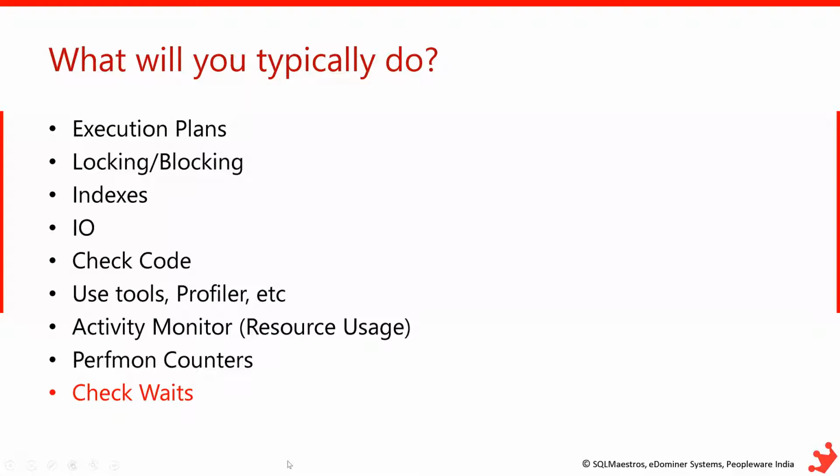So if you just kind of see here, these are the different things that you may probably want to do. Execution plan, check locking, blocking, check indexes, defrag them, rebuild them again. You can check for IO. You're checking your code. Is your T-SQL proficient? You can use tools like Profiler to capture performance metrics and then work upon that later. You can also use Activity Monitor or even perfmon counters to check resource usage in terms of CPU, memory, and IO. And so many different examples, but none of you have till now talked about